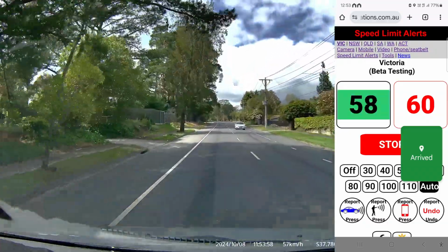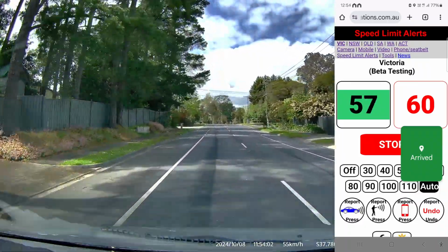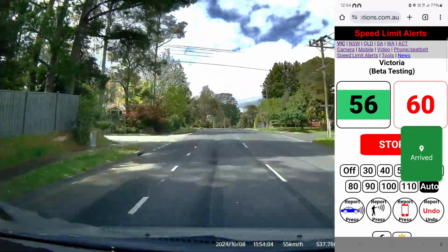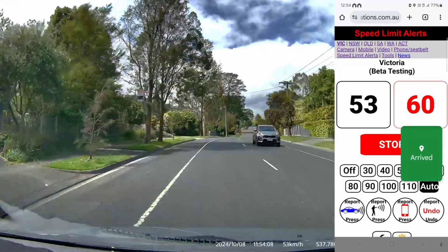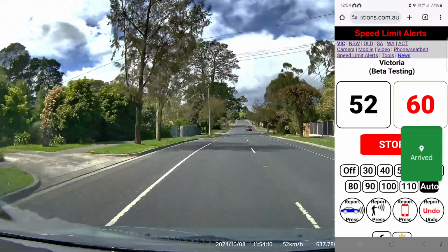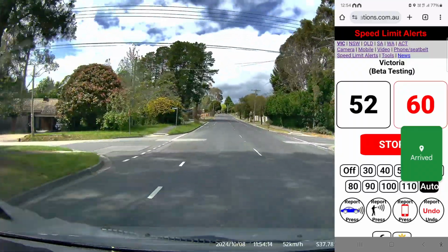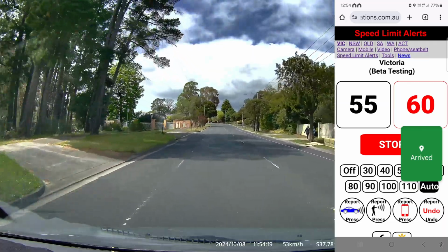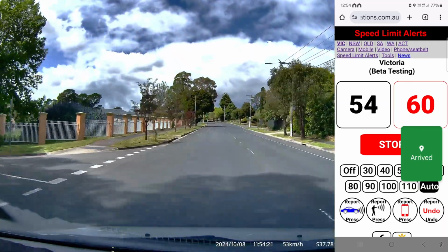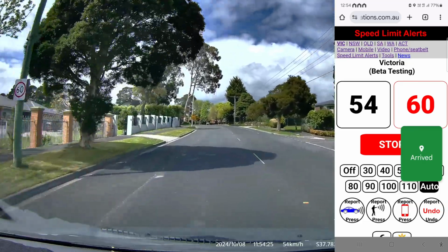So it helps. I hope that helps people. You can actually, even if you don't like using my web app, speed limit alerts, you can use Waze in the same way. So if you prefer using Google Directions, Waze can give you most of the speed limit alerts, because from the data I've got, about 90% of speed limits are from fixed speed signs. About